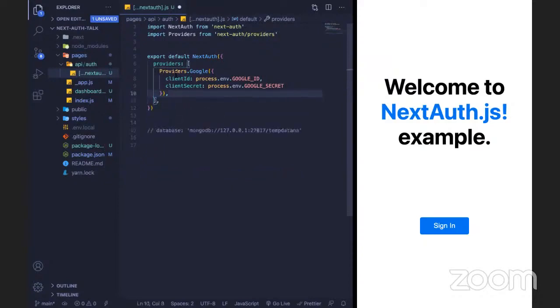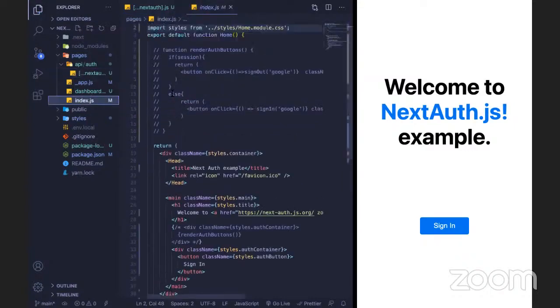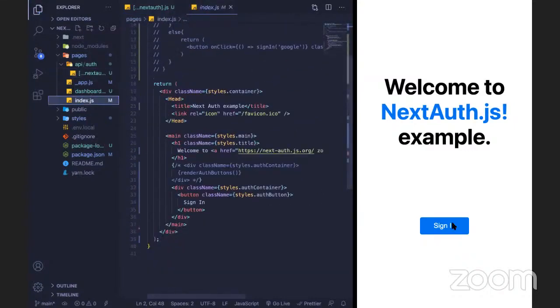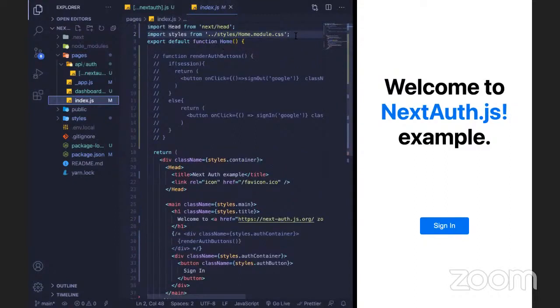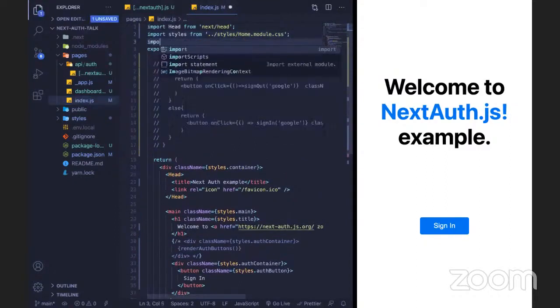I've just specified the Google login in the backend part, and let's go to the client side. On the click event of this button, I want to sign in using Google. This is what I have mentioned in the backend part. So I'll import a signIn function.